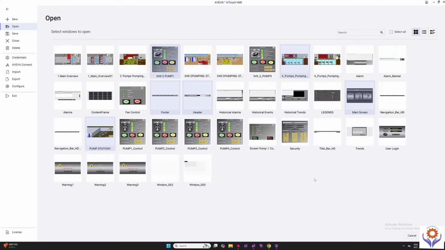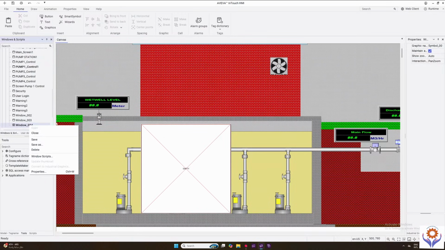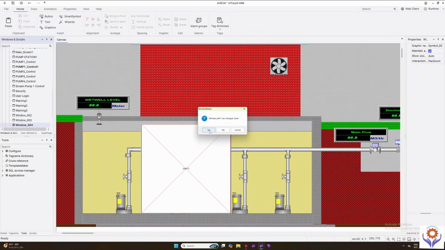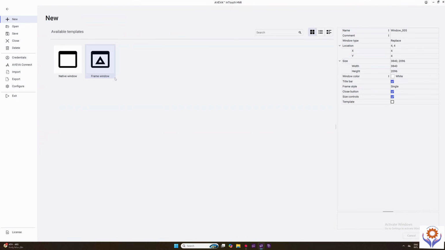Pages. From here you can select the pages which you need to open. Select the windows to open and double click that window. It will open the Window Maker InTouch HMI. From there you can find the new project is open. Click New Window and select Native Window, and a new window will appear